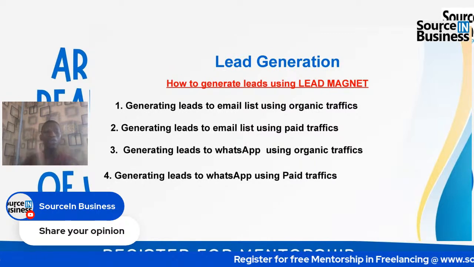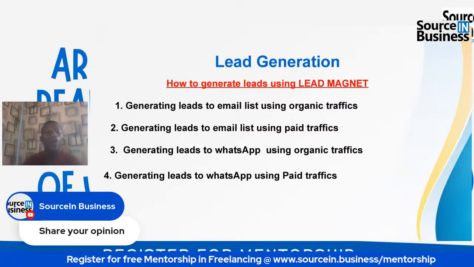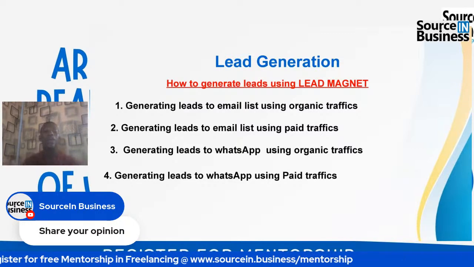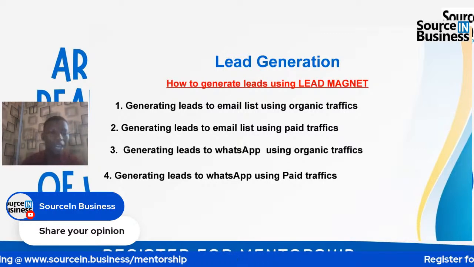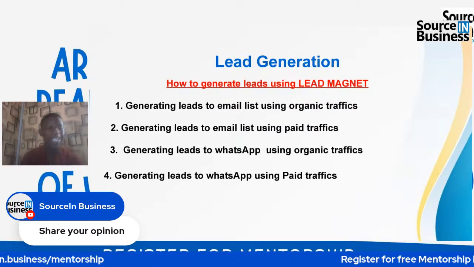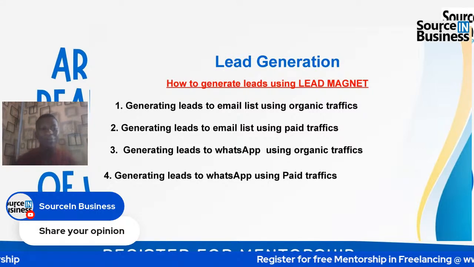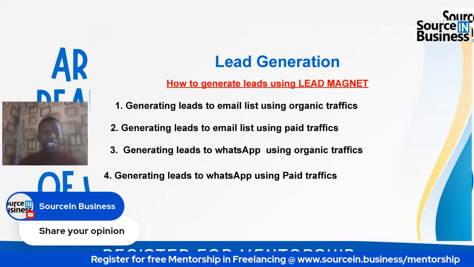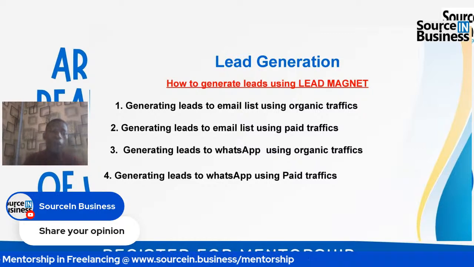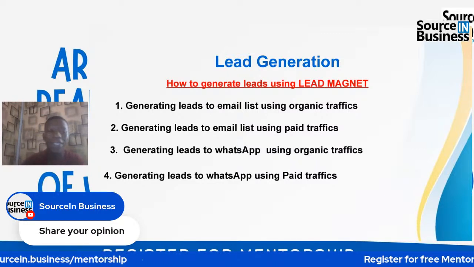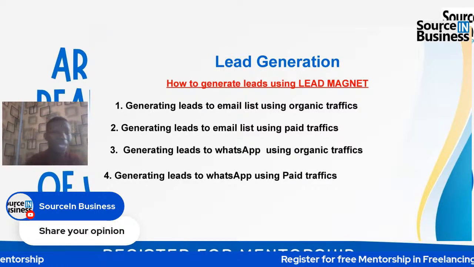Let's say you want to sell a digital product, an information product on how you can bake, let's say, a chicken pie. The kind of audience that you need are people interested in baking, right? So now you can create a lead magnet around baking. You can say, 4 ways to bake this. You can just use anything.